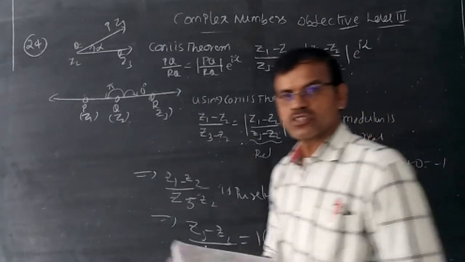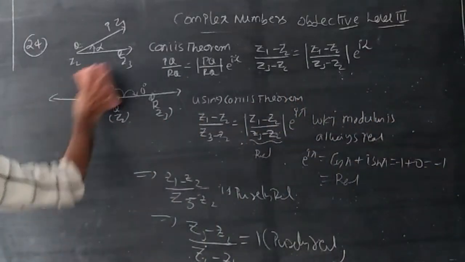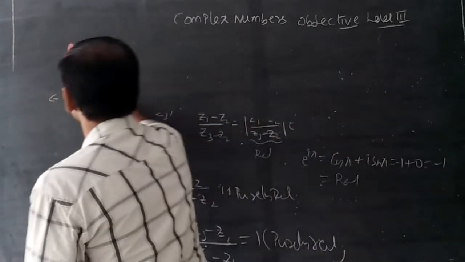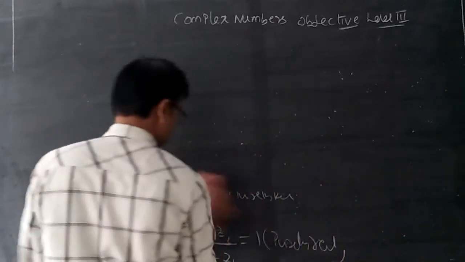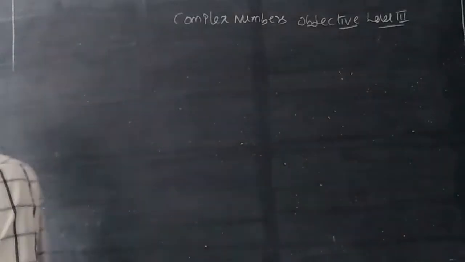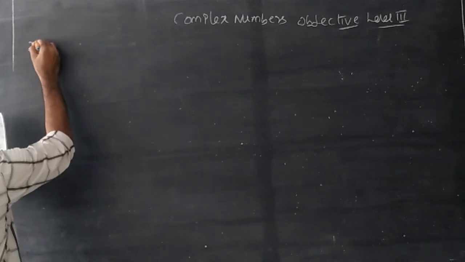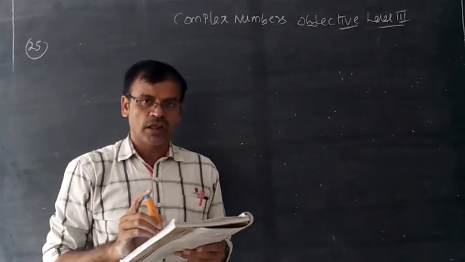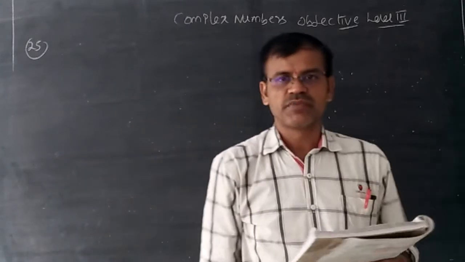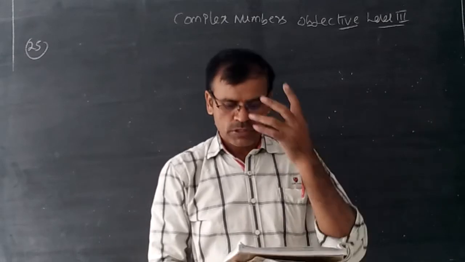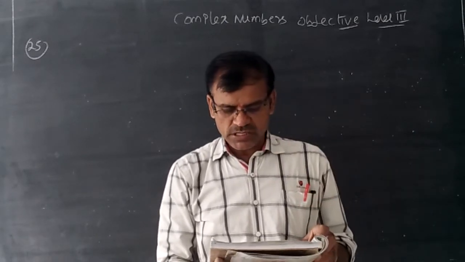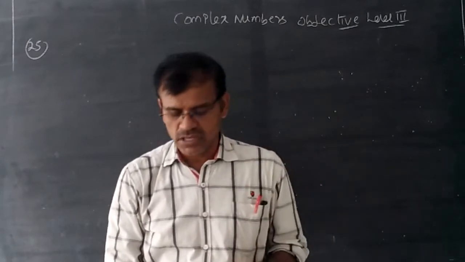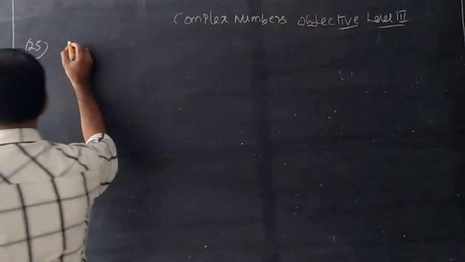Now the 25th question. A complex number Z is said to be unimodular if mod Z is equal to 1, a simple definition we have given. Of course, we know. Suppose Z1 and Z2 are complex numbers such that Z1 minus 2Z2 by 2 minus Z1 Z2 bar. Here a print mistake is there. We should correct the print mistake.